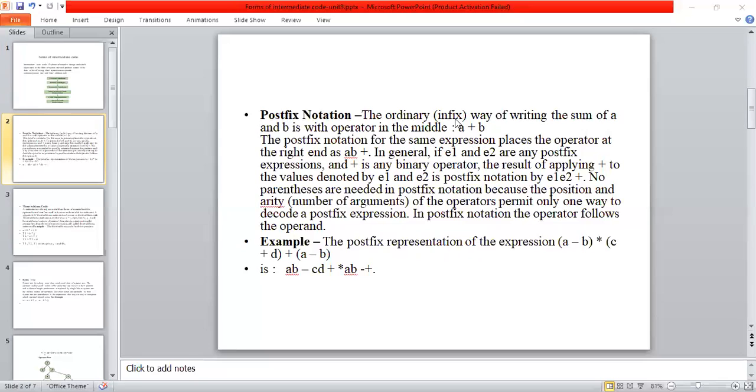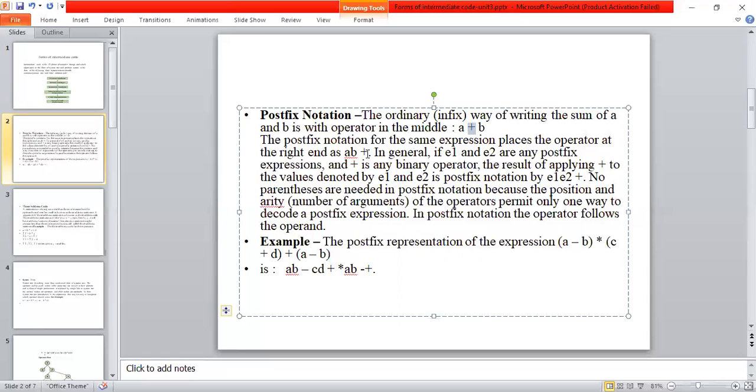And similarly, what is a postfix notation or Polish notation? Both are the same. It represents the operator after the operands, which is called postfix notation.